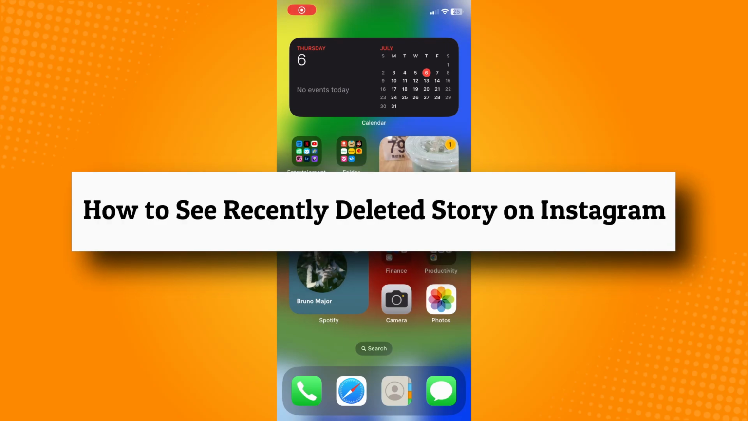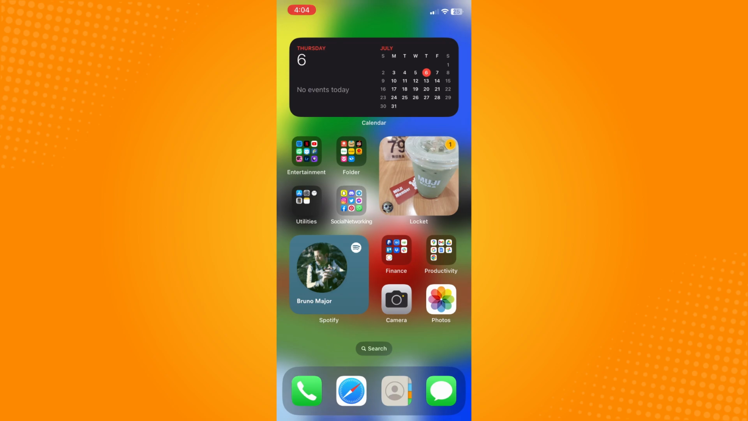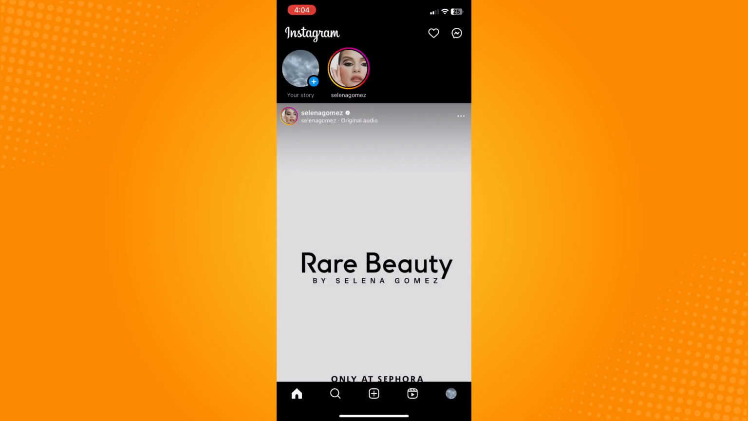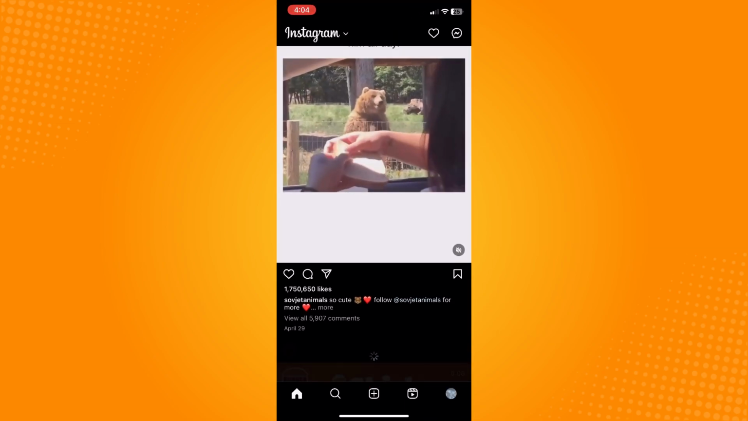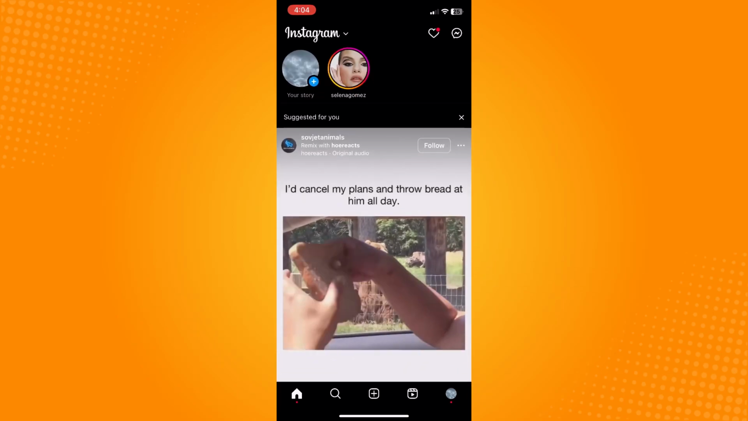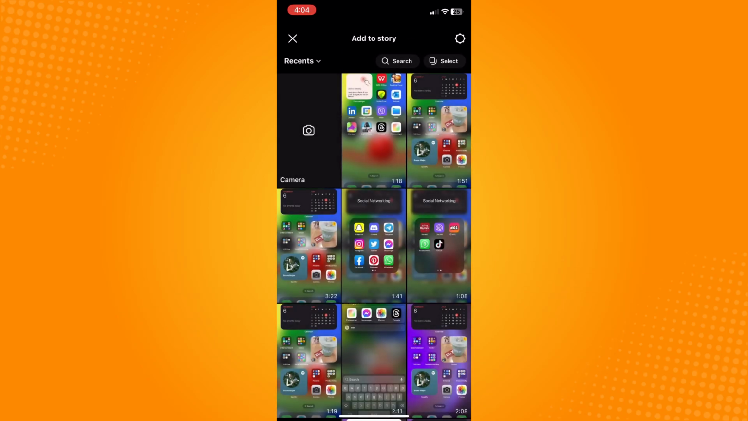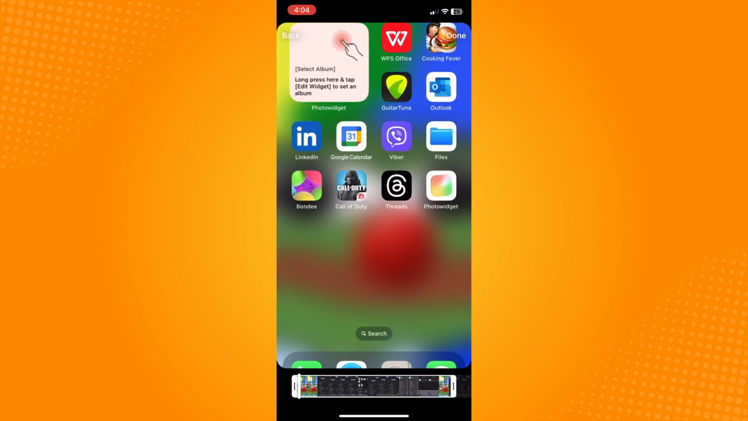How to see recently deleted story on Instagram new update. So all you have to do is go to your Instagram application and it will lead you directly to your homepage, right? Now, all you have to do is make sure that you have created a story here. So let's say you want to post it as your story and then tap on done and post it